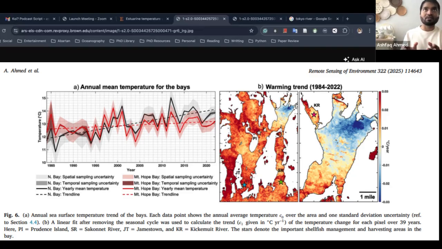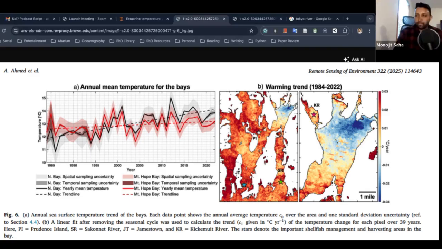There are many reasons, but I will specifically highlight 2. Number 1, they're shallow water, right? Shallow bodies change temperature faster. And the second problem has something to do with the way we build our industrial system. Since estuaries are very productive, by default there will be a lot of industry, a lot of commerce near the estuaries. And when that happens, you throw a lot of industrial dump into the estuary.